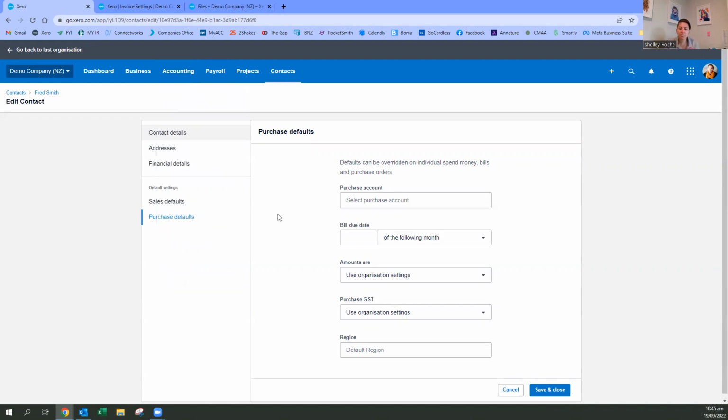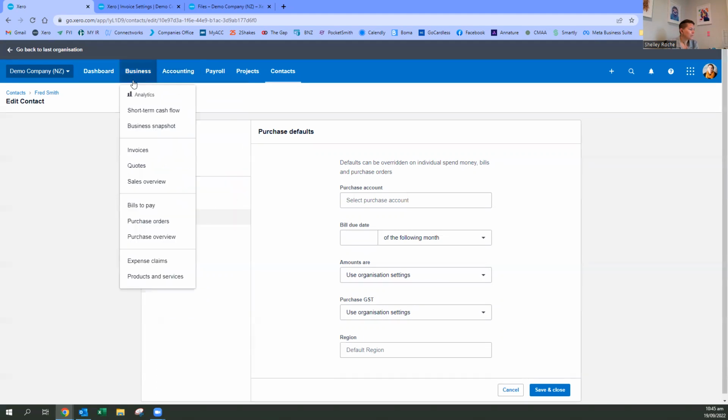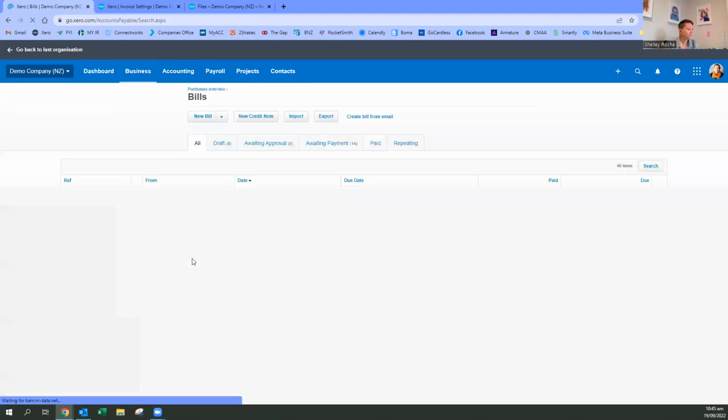If you've got the right set of internet banking, so you'd need business banking generally. Some banks are better than others, so it just depends on your bank. So yeah, let me know if you need a bit of help around that, but I'll show you how to do it. So if we go into our bills,